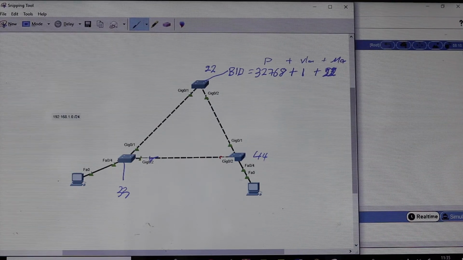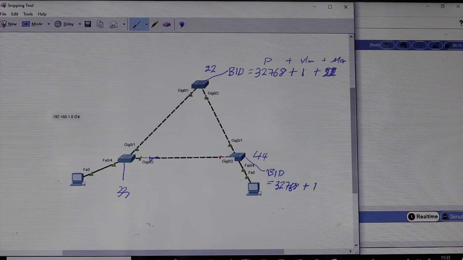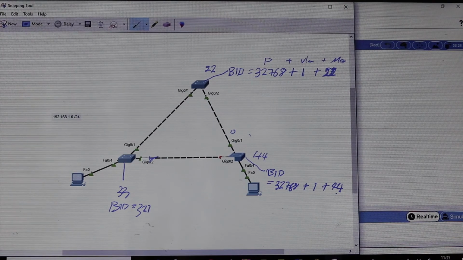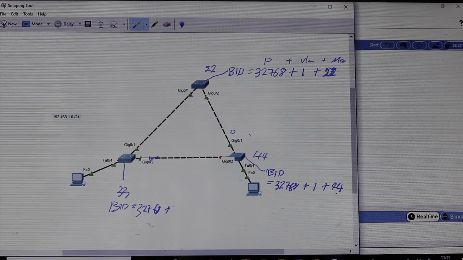When you come to this switch here, same thing, bridge ID is what? Priority, which is 32768 plus VLAN 1 plus what? 44 in hexadecimal. And the bridge ID for this switch here will be the same priority number, 32768 plus VLAN 1 plus what? 33.